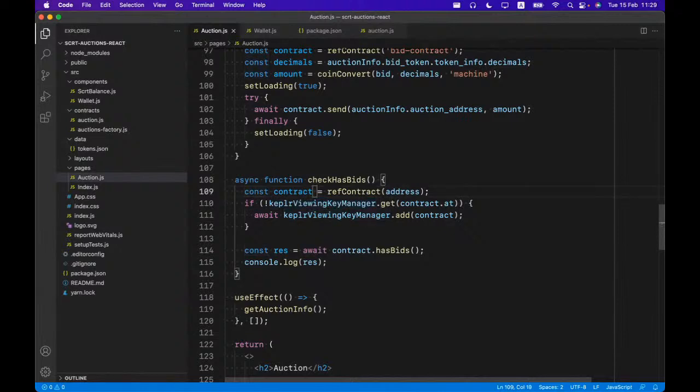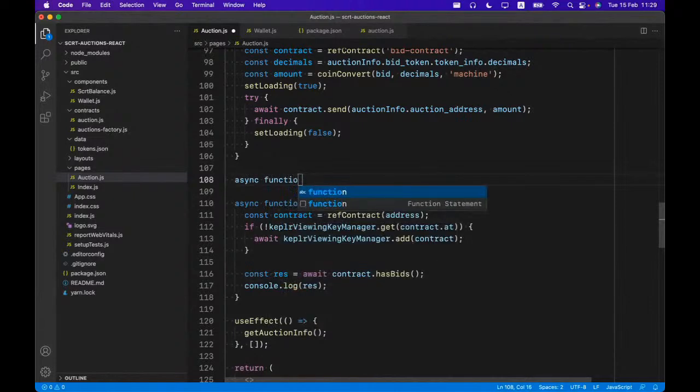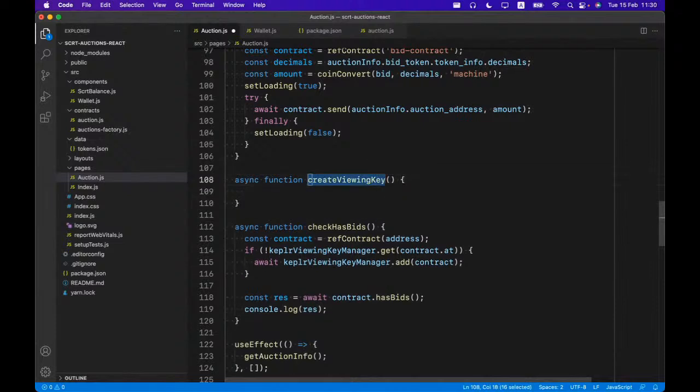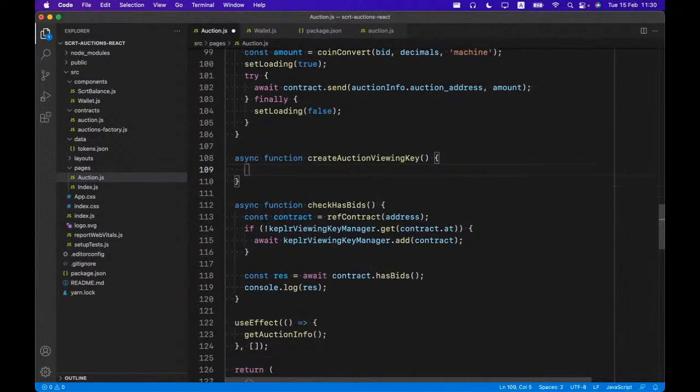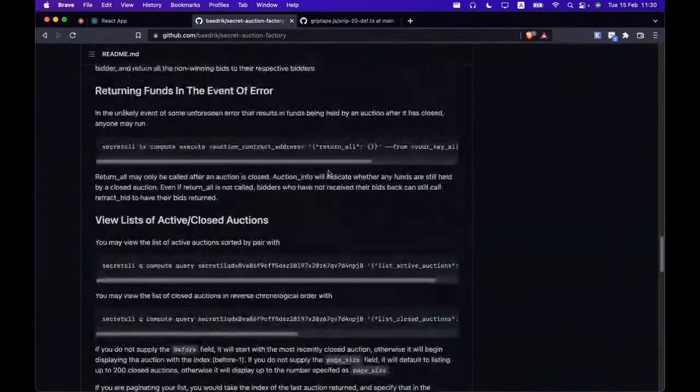manually, let's say. So I'm going to create another function called create viewing key, in this case, create auction viewing key. And for this, I think I'll need to call the create viewing key transaction, or message, of the auction contract. So if I go back here,